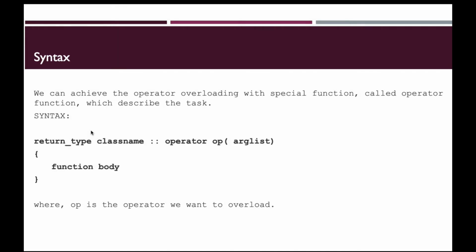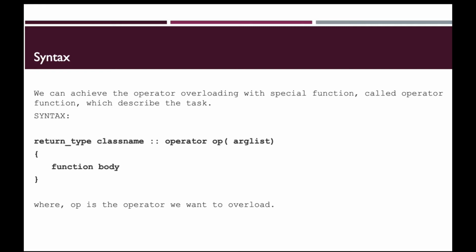The syntax of operator overloading is: return type, then the class name, then the function name as operator, and then op, which represents the operator we want to overload. If I want to overload the plus operator, we put operator plus there, that symbol we put there, and after that the argument list.